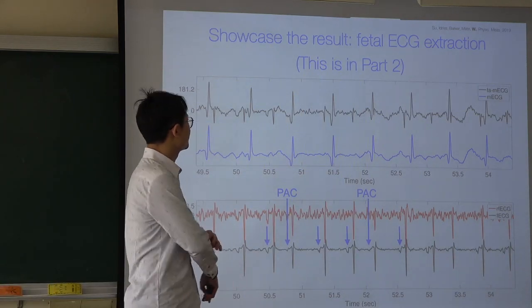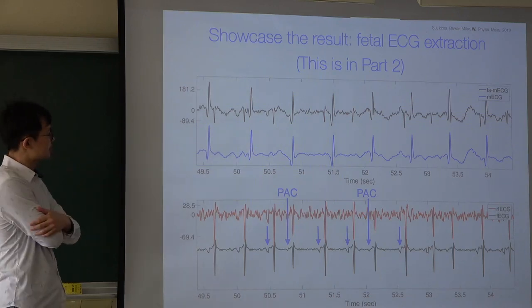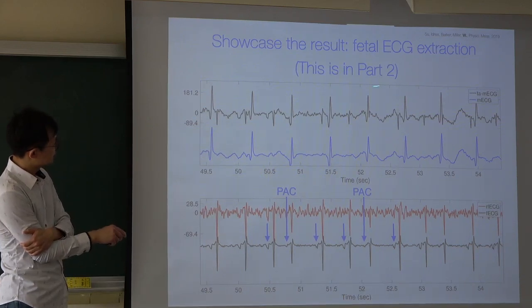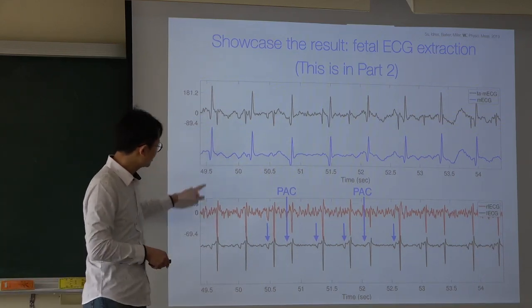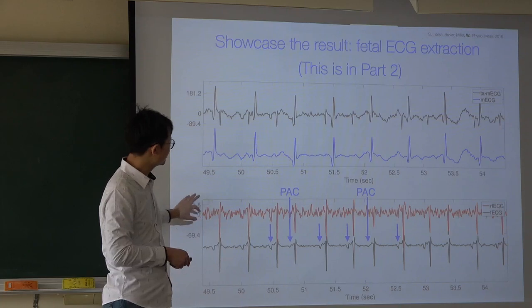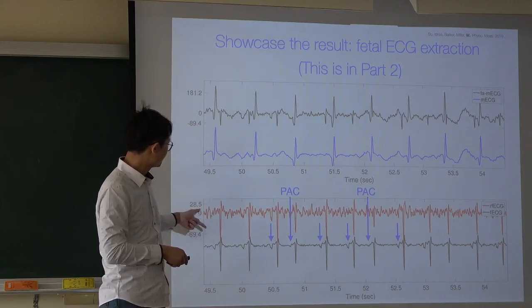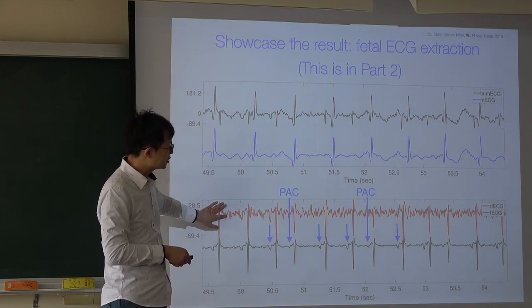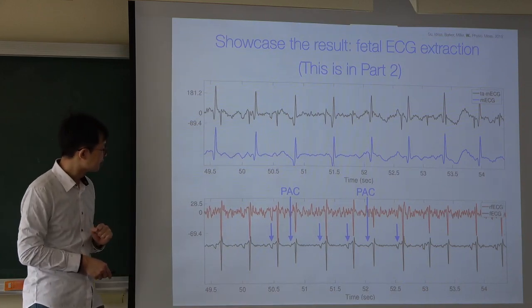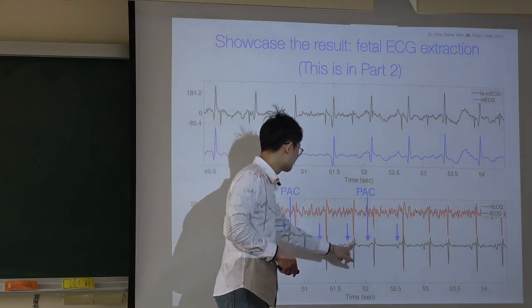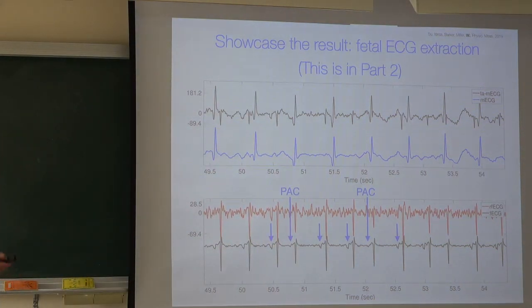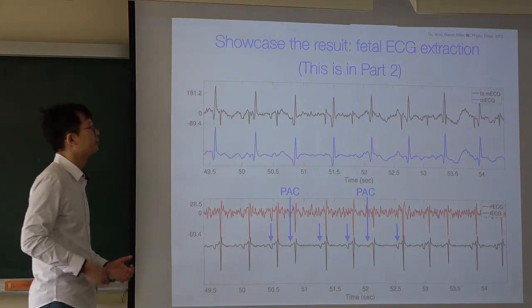And this is a showcase of the result, which again we'll discuss in the second part about the decomposition. So this is the transabdominal maternal ECG, and this is a decomposition. This is a maternal ECG. Okay, this is a fetal ECG. And once you get the fetal ECG by decomposition, you can further denoise it and get the final version. And in this final version, you can see something very interesting. For example, you can see arrhythmia. This is arrhythmia. Because of this capability, the algorithm itself has a potential to be applied in practice, and